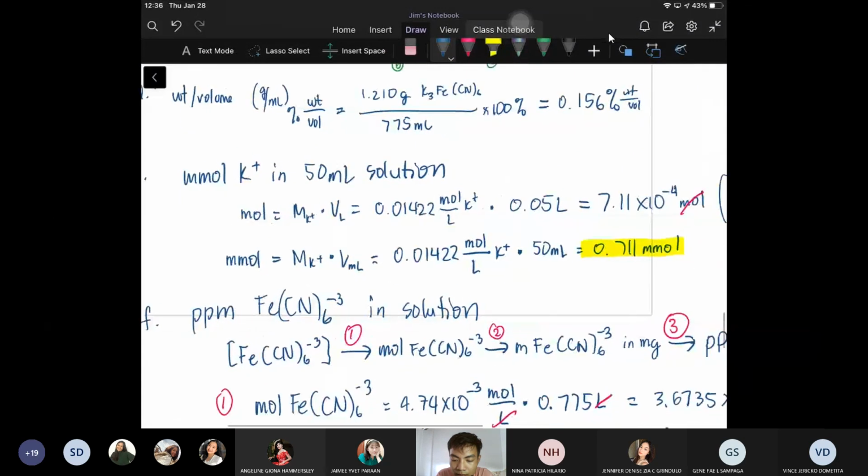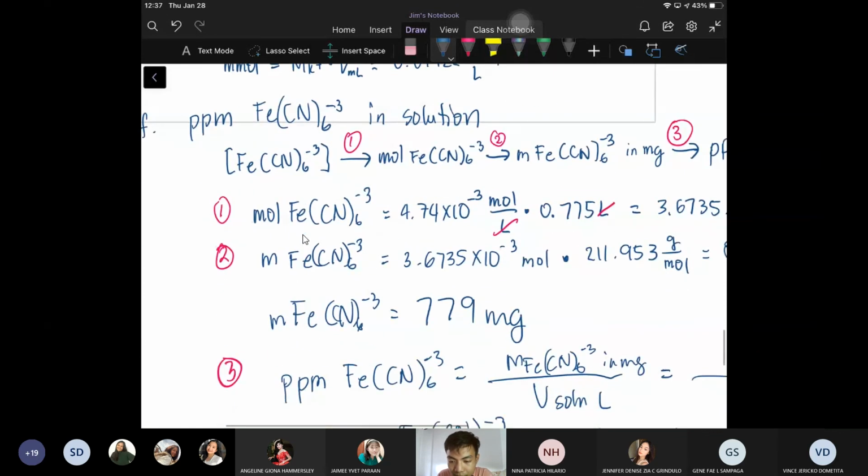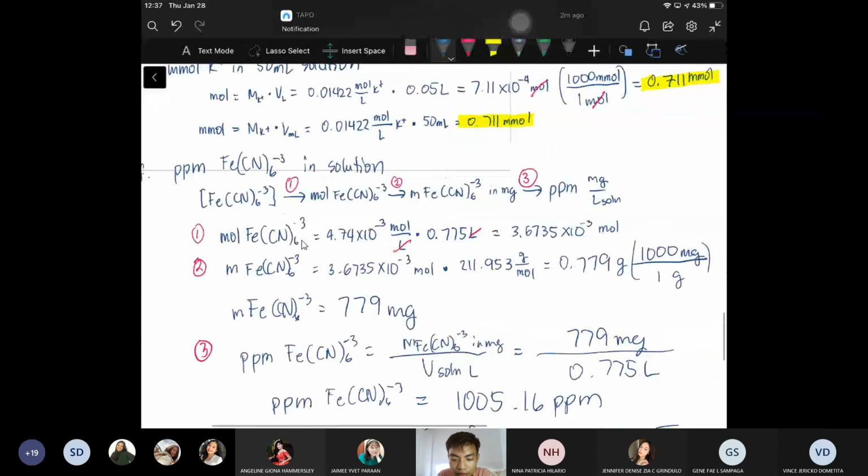Next one, yung millimole, no? So kunwari gusto mo millimole agad yung lumabas, so that is just molarity times the volume in ml. Okay? Volume in ml. That will give you millimole. Okay? If you divide millimole by milliliters, that will give you molarity naman. Okay? So, ganun lang. Magagamit nyo yan pag nag-titration tayo. Then, next one, from